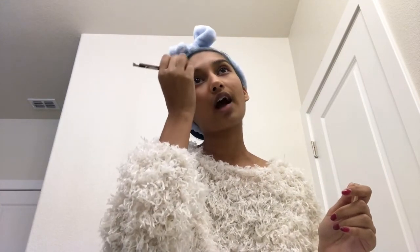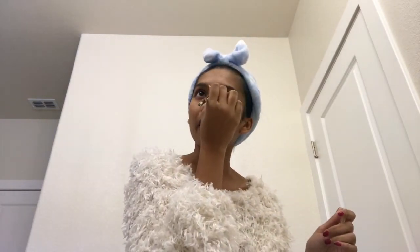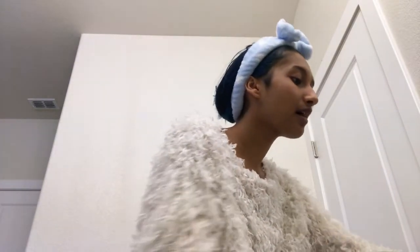So I never outline my eyebrows. I always fill them in. My eyebrows are pretty shaped as it is, and it looks good like that. I don't try to mess up anything. I don't make experiments with it. So yeah, and then I usually